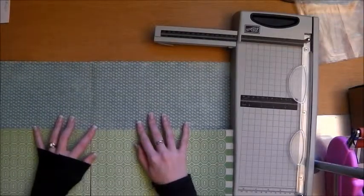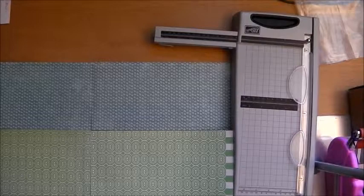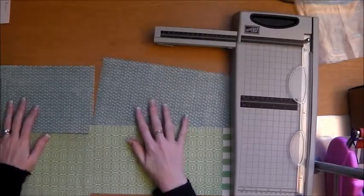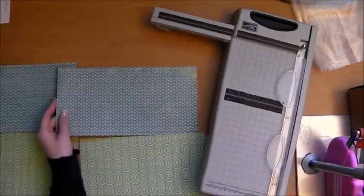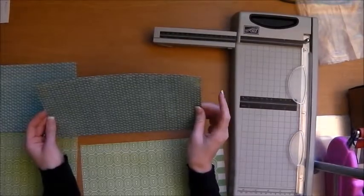And those together are going to be my background. Probably going to struggle to fit all of this on camera, unfortunately, so I'll have to work on it one page at a time. This is an older Pebbles collection, I think, crepe paper, sorry, and for some reason it's